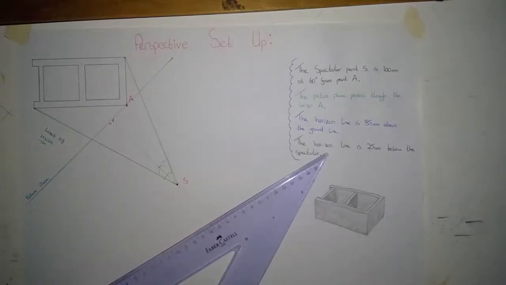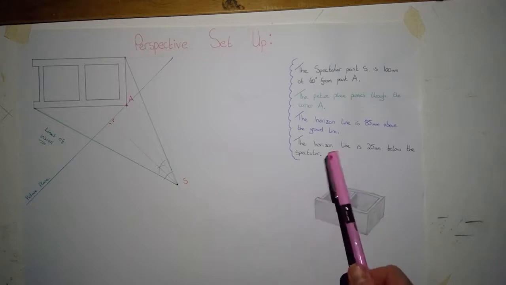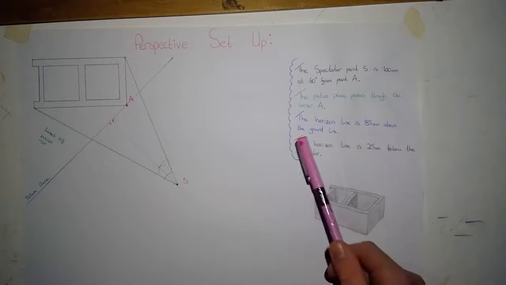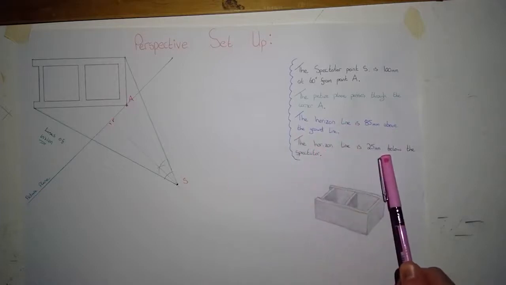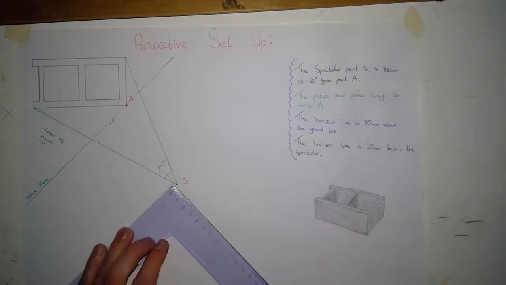Picture plane. Okay. Once again, we can go back to the question to find out where this horizon and these ground lines are. It says the horizon line is 85 millimeters above the ground line. The horizon line is 25 millimeters below the spectator. Okay, so I can measure down my 25 millimeters from the spectator,